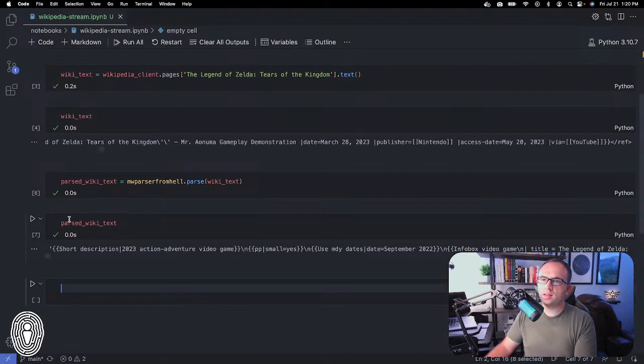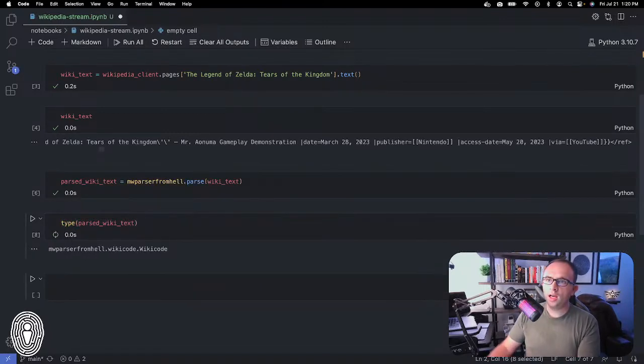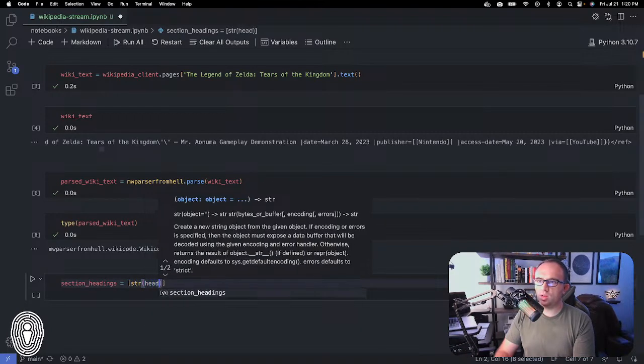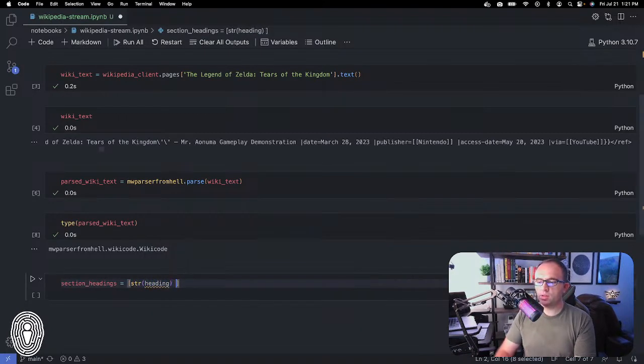So that doesn't look any different, but it is actually different. If we check the type now, you will see that this is one of the objects that is part of this library. Part of the reason this is important is because we can do certain operations on this now. Let's say that I just wanted to get the headings from out of here. So section headings equals a list of things, and they're each their own objects, but I want to turn them into strings. So for string heading